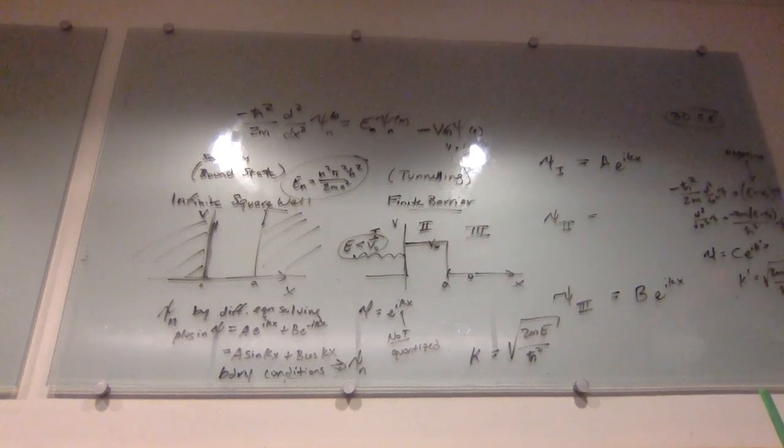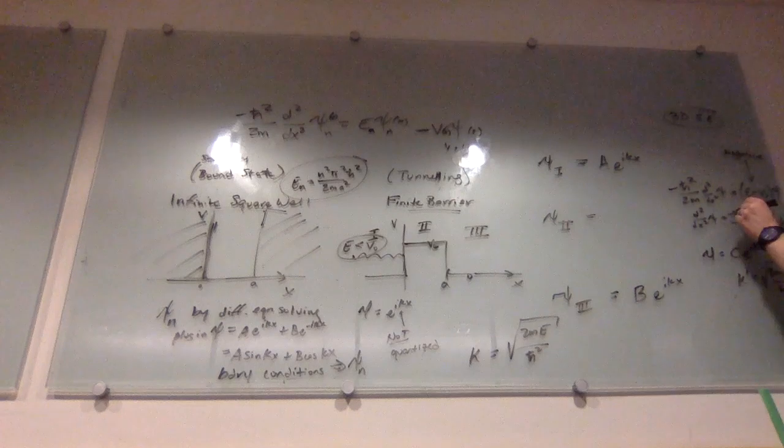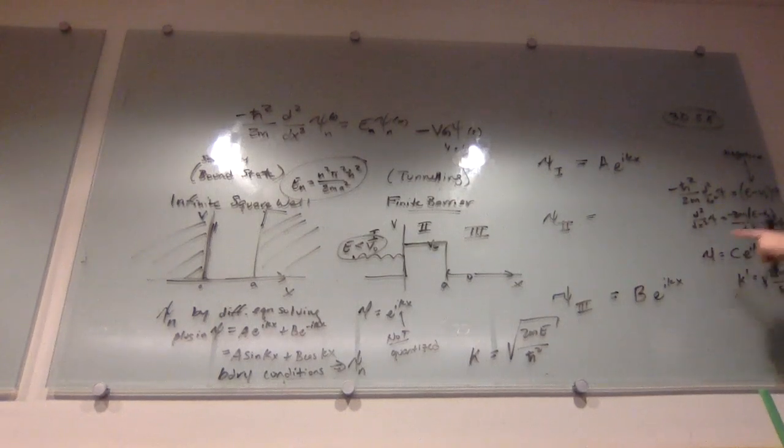Does everyone follow that? So it's identical to the solution to the other one. The minus sign, remember, is why there's an i here. So to check, we can plug this back in. Take two derivatives, you get minus k prime squared times C. The C is going to cancel always, but two derivatives of that,